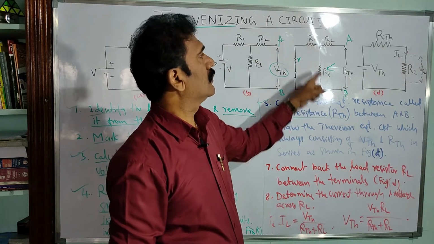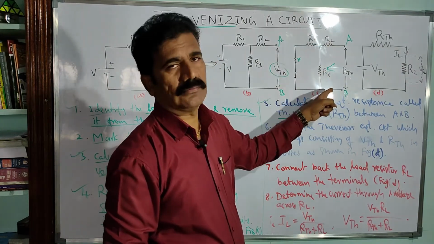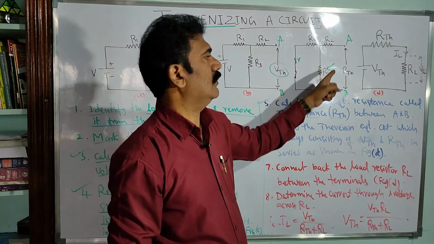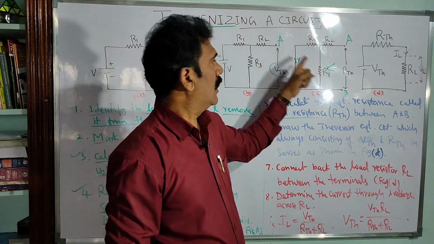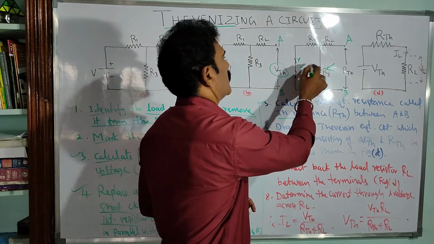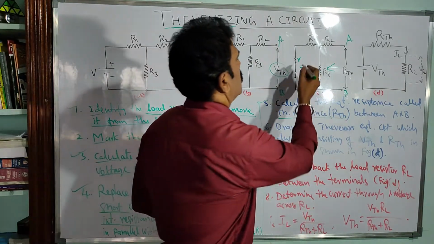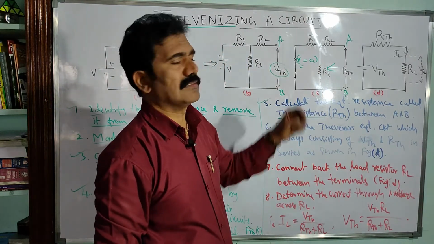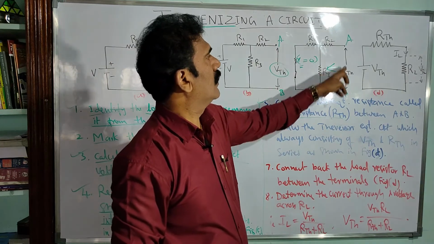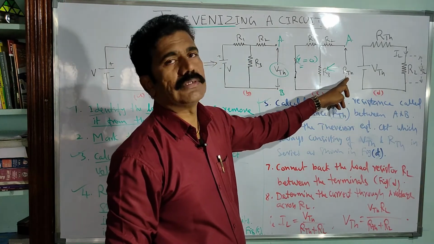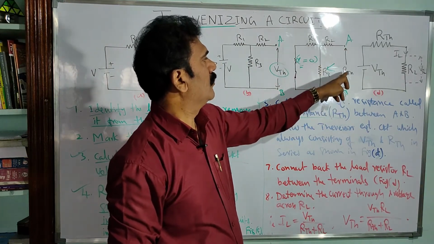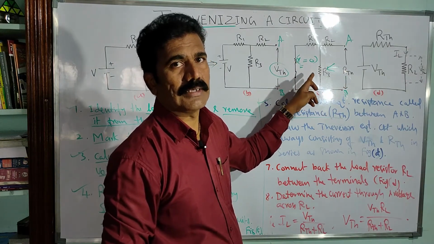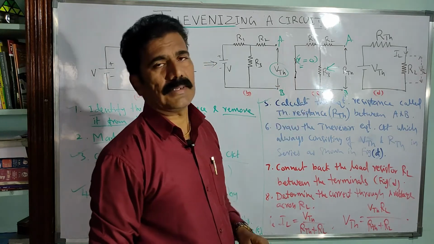Find the equivalent resistance of this whole network, in which there are no sources at all, consisting of only the original resistances R1, R2, R3, and in addition a small internal resistance R. This R is normally equal to 0, so we can ignore that small internal resistance also. Finally, the equivalent resistance across A and B, RTH, the Thevenin resistance, is measured across terminals A and B by looking back into the network without the voltage source or current source connected in the circuit. That is the step.